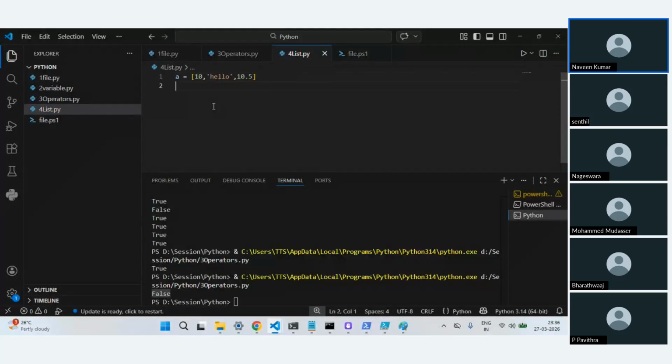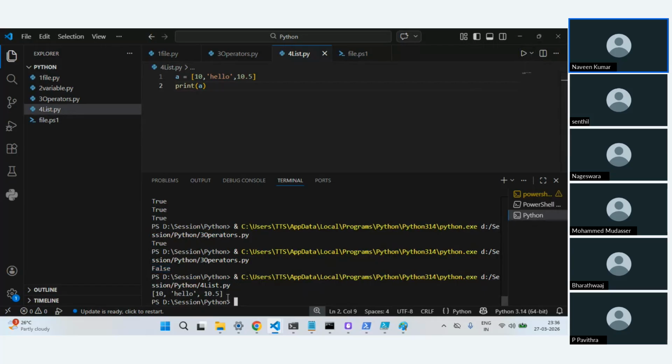So there are different data types which I can store in a single variable. I can just type print of a and execute it. It's printing. This is good.